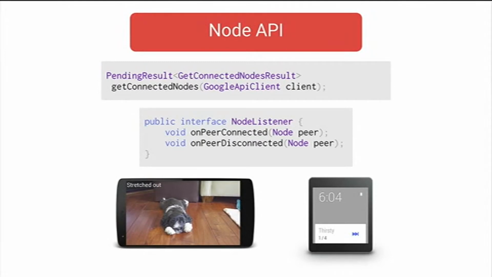So when we have a pairing established between a watch and a phone, for example, we can be notified when we come into connection range. So you might use this in your app to know when a wearable is present, to toggle features on and off. We might display an icon to show that you're connected to a wearable. It's a very simple API for just being aware of when the wearable is present.